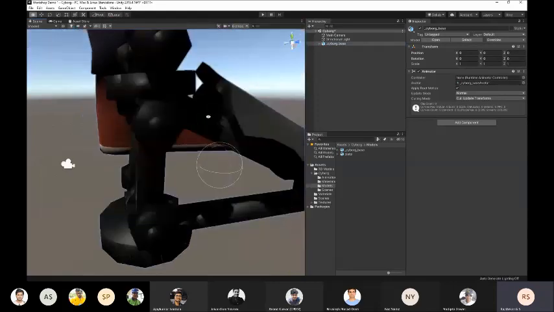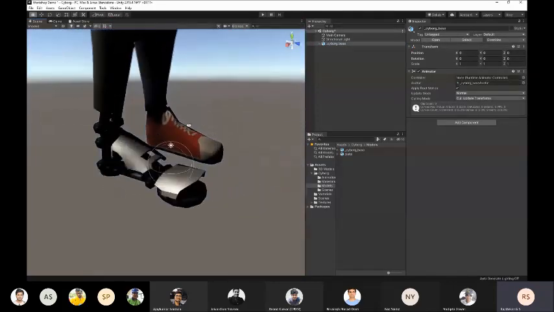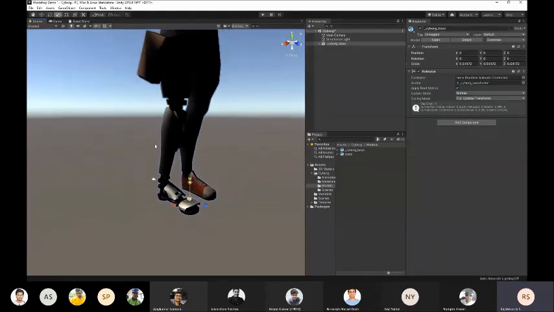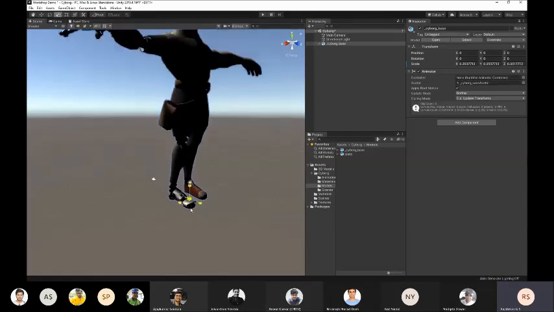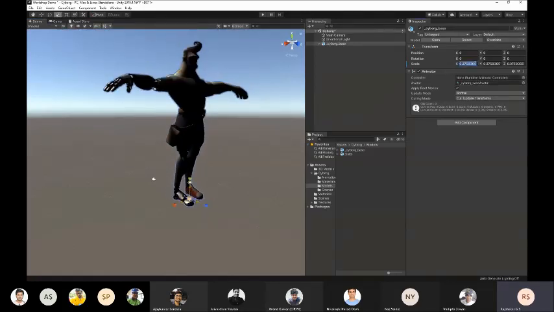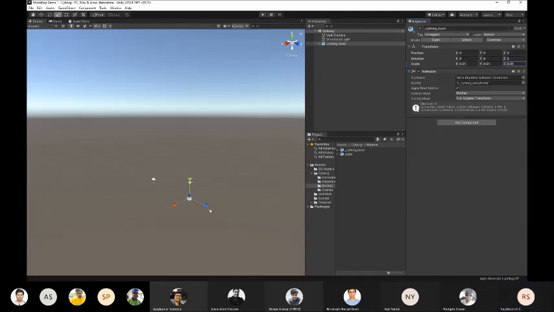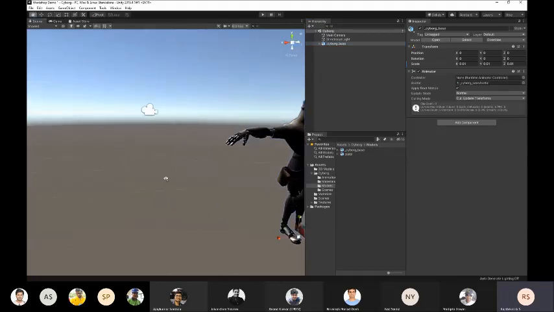So you can see it's a bit too big, so we'll reduce his scale. I can reduce his scale using this scale tool, or by pressing R on the keyboard and reducing it like this, or I can just type the numbers here. So I'm going to make it 0.1 on all sides. So now it's the perfect size. I'm going to click on him and bring him into focus by pressing F.